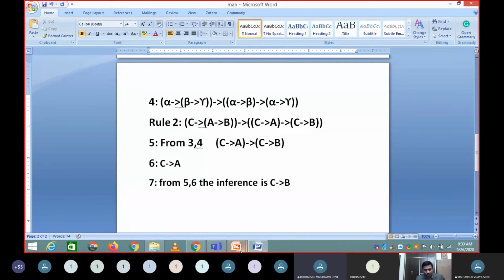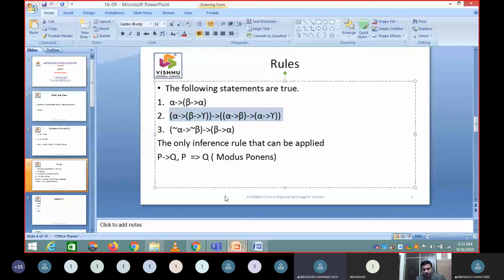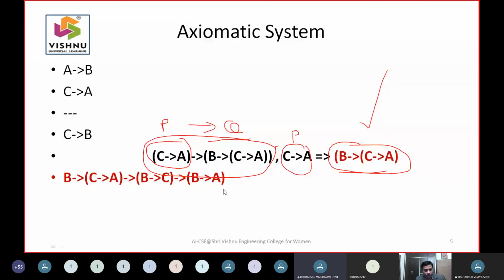The interest in solving this problem is very simple. When you're trying to address something in axiomatic search, you need to choose the correct statement and start. See, I started with C to A and I did not get it.